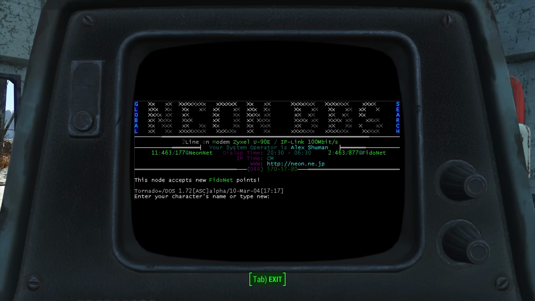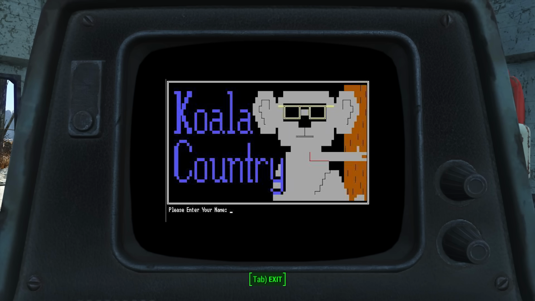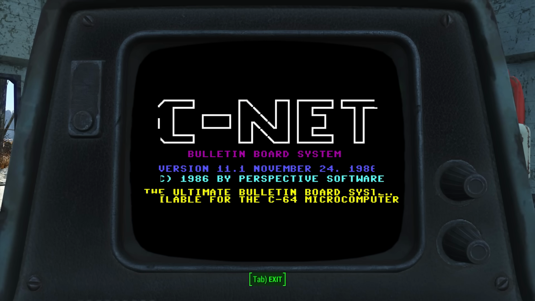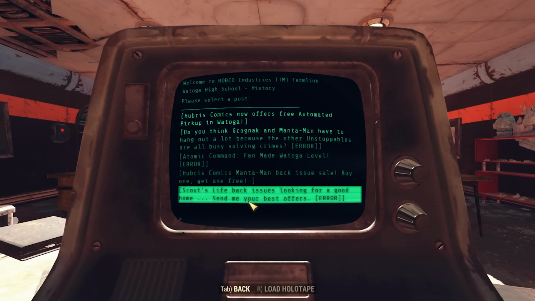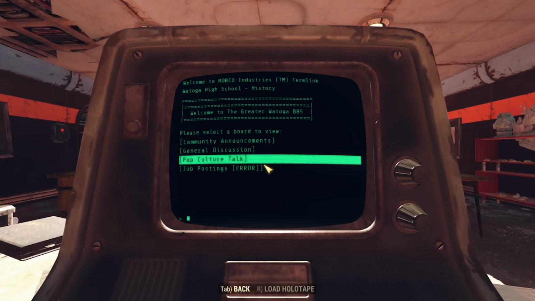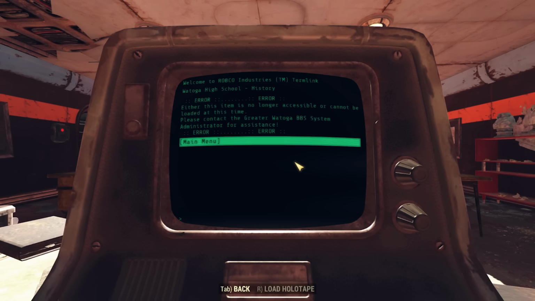Most BBSs had no graphical interface in the early days, rather they relied on ASCII text, like we see in Fallout, and later on even some ANSI art. BBSs would really get popular through the 80s and into the 90s, and an entire multi-million-dollar industry would rise up based on hosting and writing software for BBSs. Basically, this entire industry would crash spectacularly through the mid-1990s with the rise of the internet and the introduction of graphical user interfaces for web browsers, something that does not exist in Fallout.